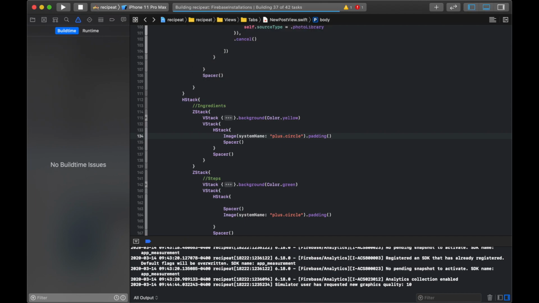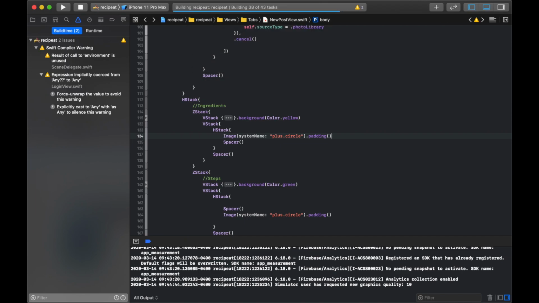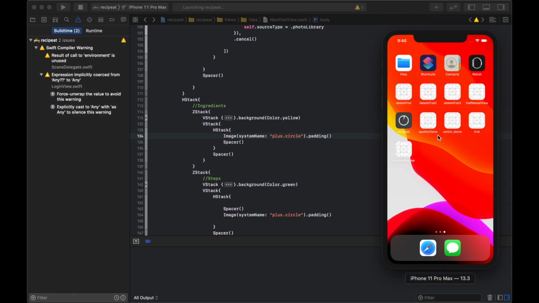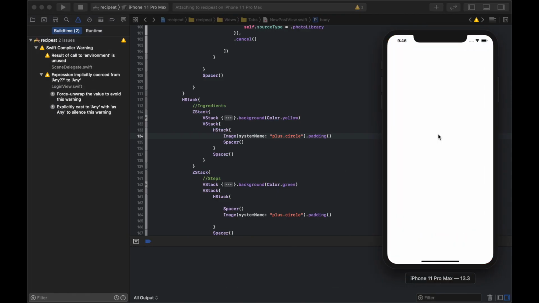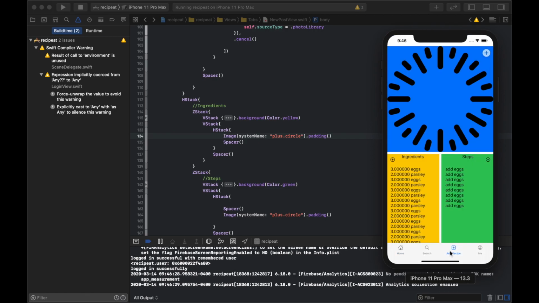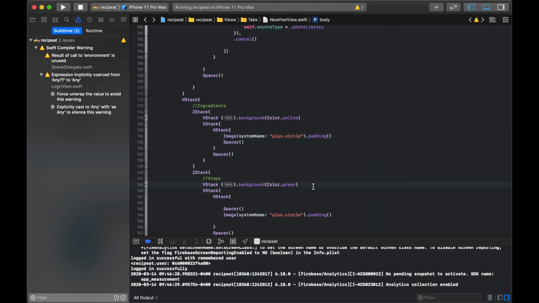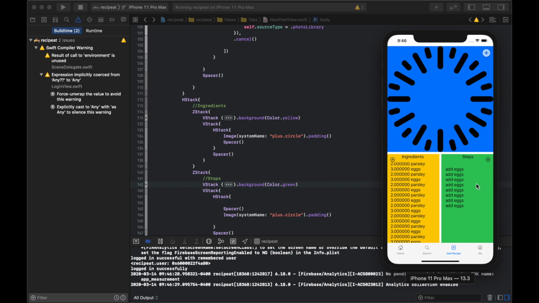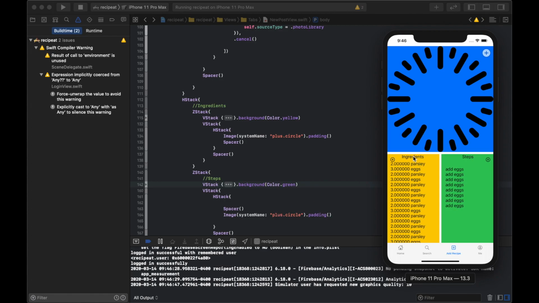So now we should have a little plus button on each of those as well. There we go. Got our plus buttons right there. And they are above this scroll, but when I say above, I mean in the Z dimension. So that is that. And then the next thing we need to do is turn this into a